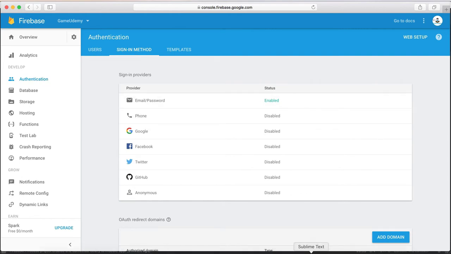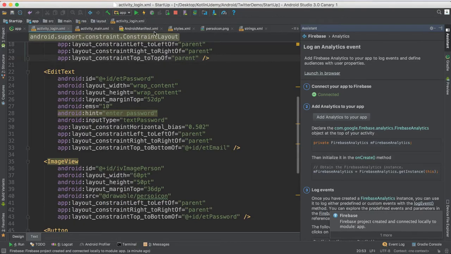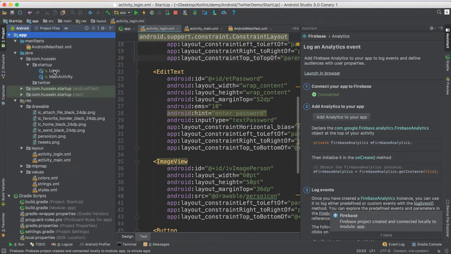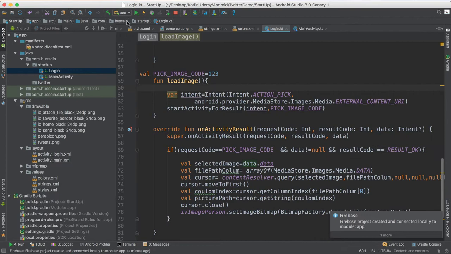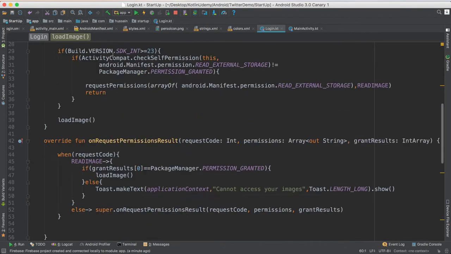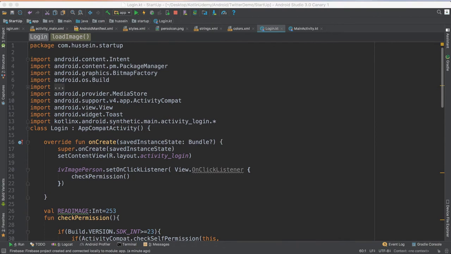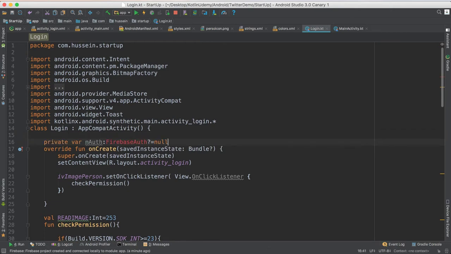So going back to my code, the Java part. So I say, hey, this is my login page. I know what I have to do in login. I will not rewrite the code again and spend too much time in this video. I will reuse the code. So make sure you have already seen the videos for creating an account. To create an account, first of all, you just have to define an instance here of FirebaseAuth. If you click on it and press Ctrl+Space here, it doesn't autocomplete anything. Why? Because I didn't add Firebase here